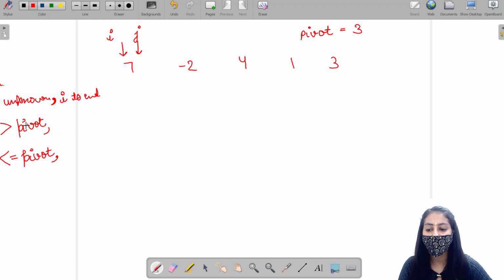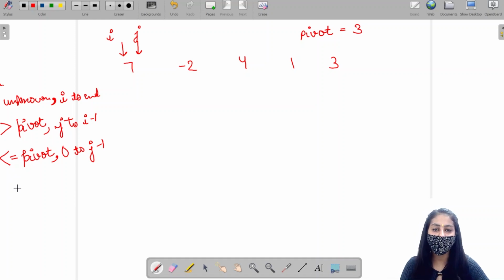The region from j to i minus 1 should contain all elements greater than pivot, and all the elements between 0 to j minus 1 should be less than or equal to pivot. So we have to divide our array in these 3 regions.